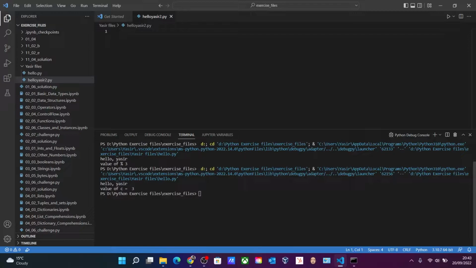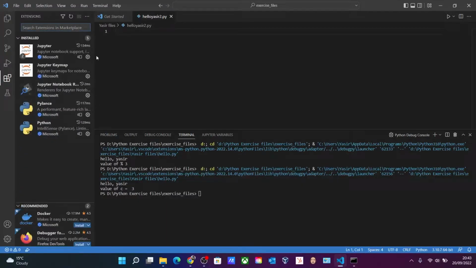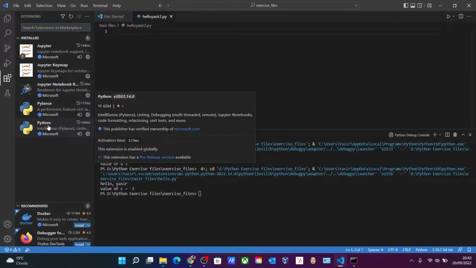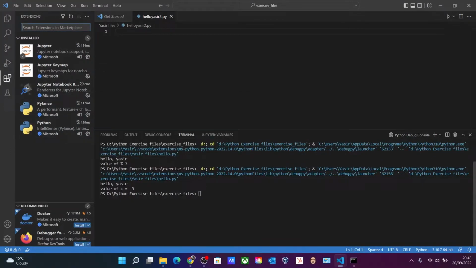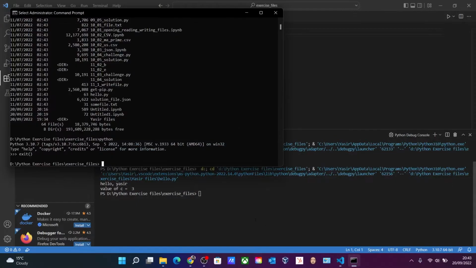It is more capable, and you can even install several extensions on it. Let me show you. If you go over to the extensions, make sure to install Jupyter Keymap, Jupyter Notebook, Pylance and Python. You can install these manually also. If you have downloaded my exercise file, you can browse to the path,